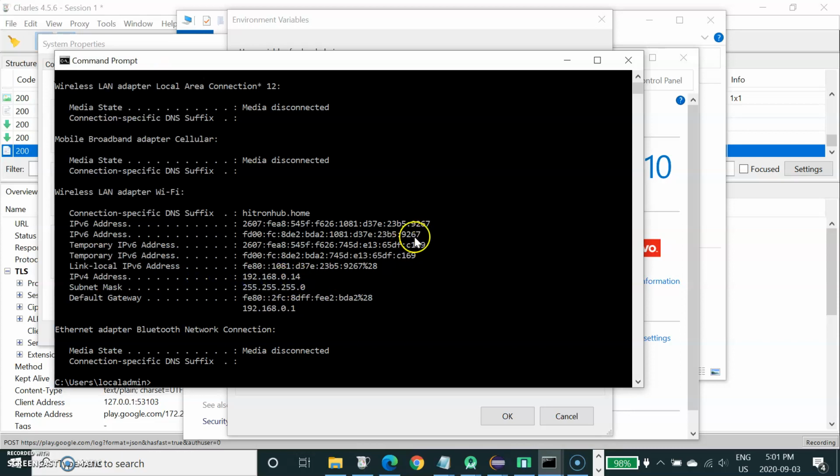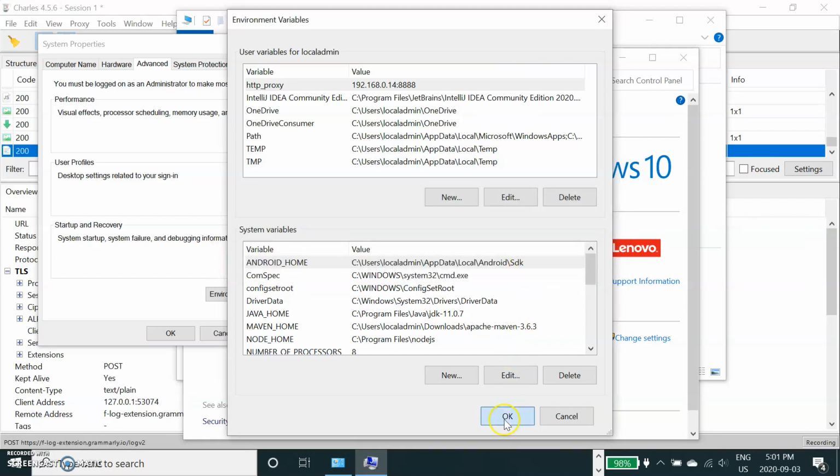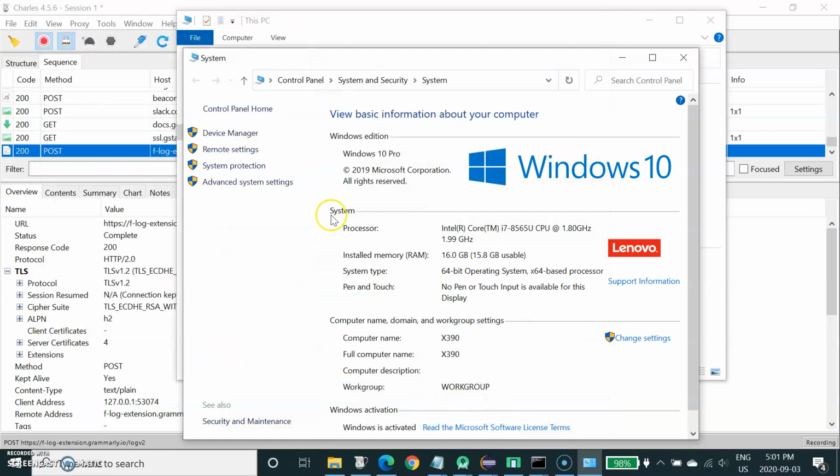Just Ctrl+C, Ctrl+V, then you have to type the next information: colon 8888. It's for everybody. Click OK, OK, OK,